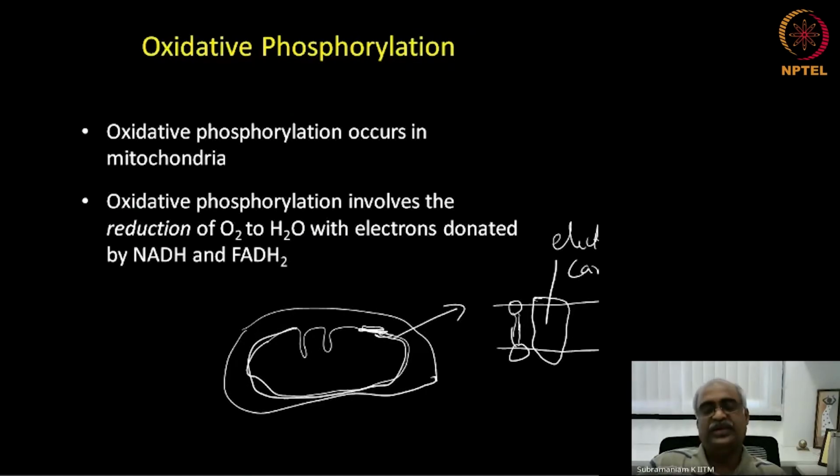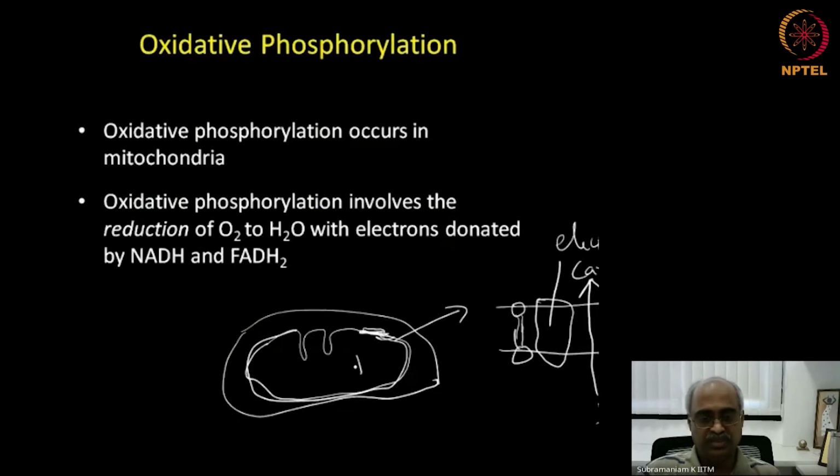That will be the downhill flow of electrons. These carriers are located on this inner membrane, and as this happens, you are going to have a vectorial flow of protons,